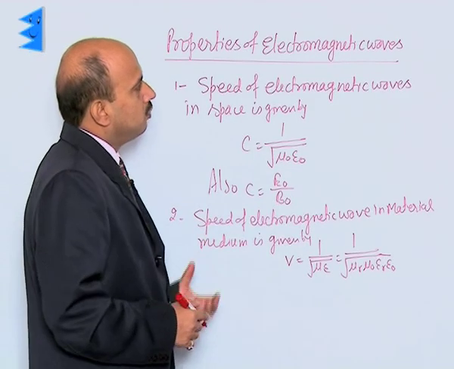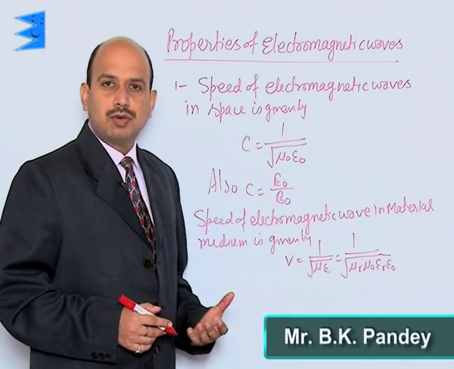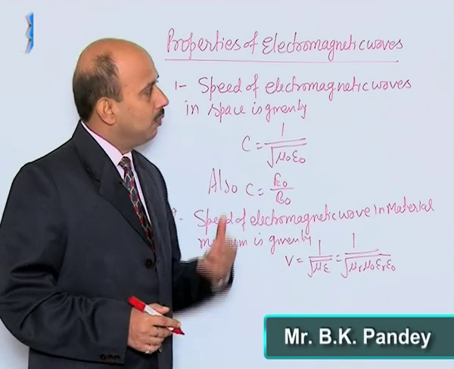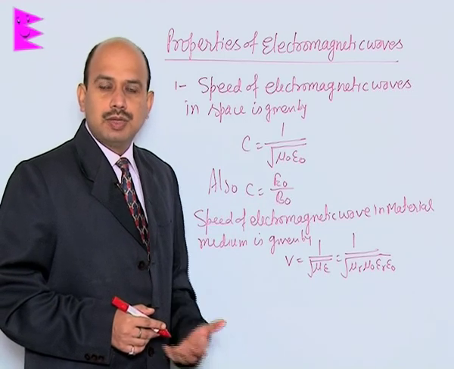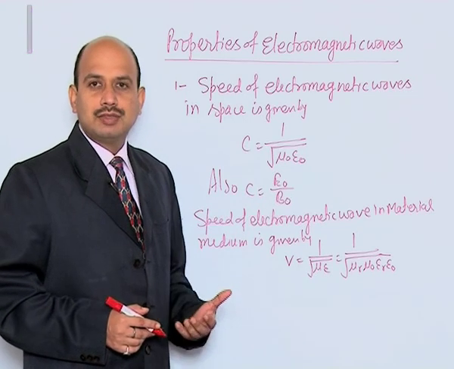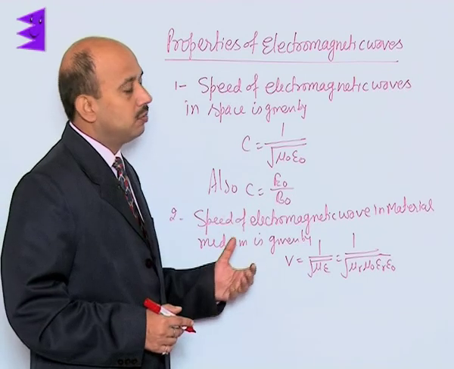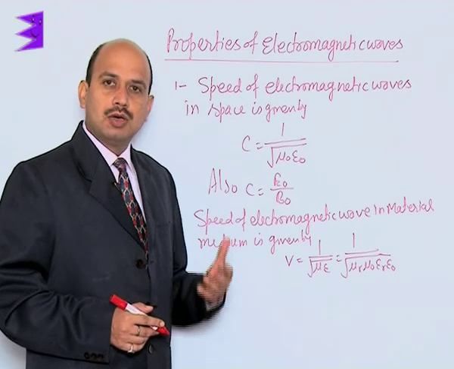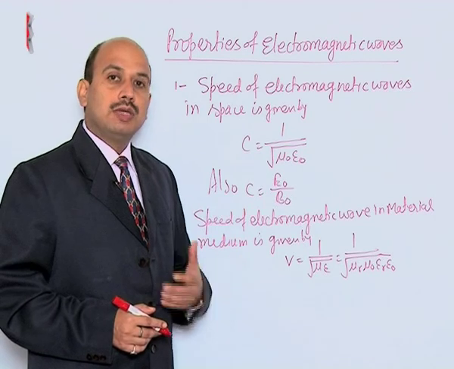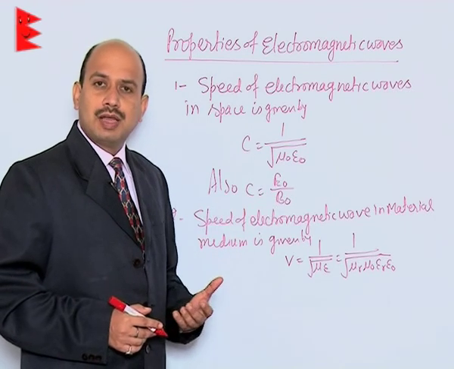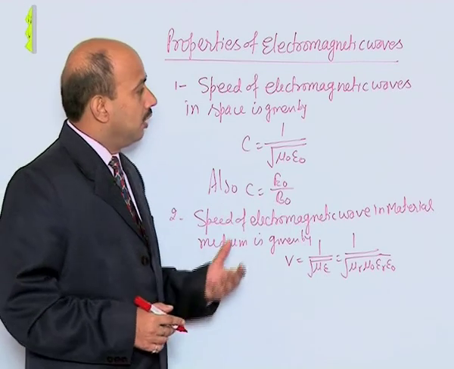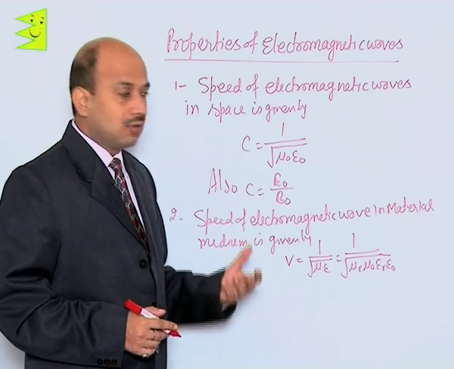Now, sir, properties of electromagnetic waves or characteristics of electromagnetic waves. We have also seen the nature of electromagnetic waves, that is transverse nature, where the wave propagates in one direction and the electric and magnetic fields oscillate both perpendicular to the propagation of the wave as well as perpendicular to each other. And also we have seen there is a sinusoidal variation of electric and magnetic field. Now, there are other properties also here.